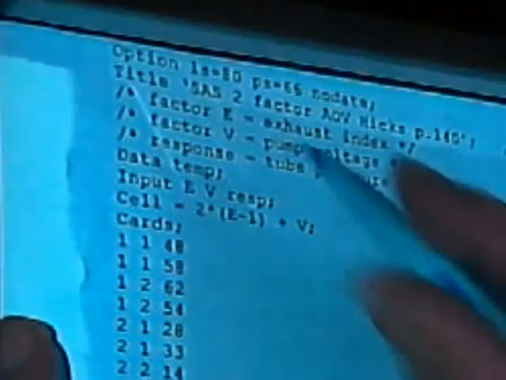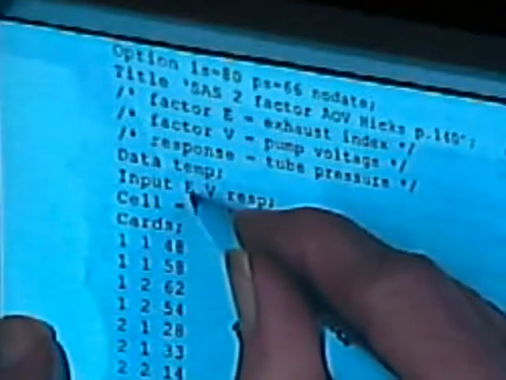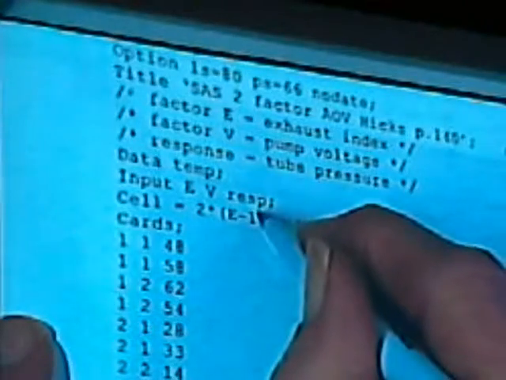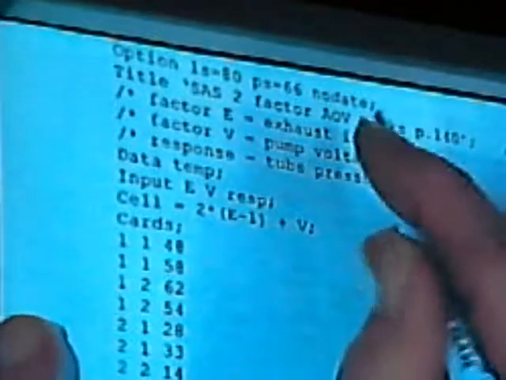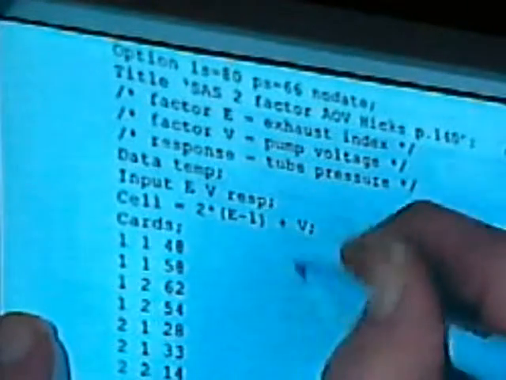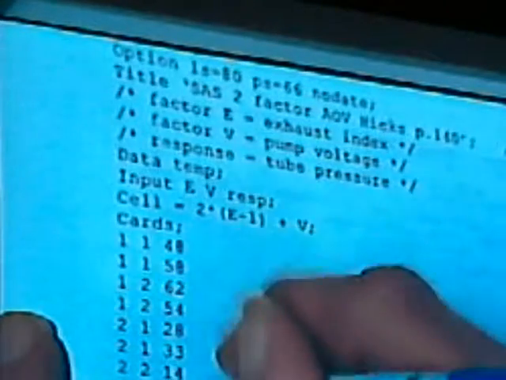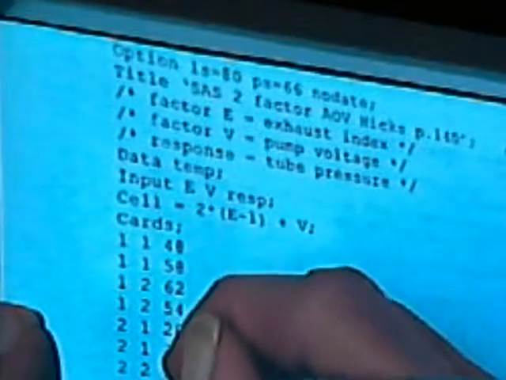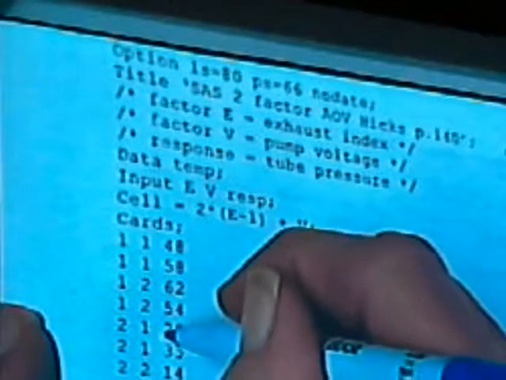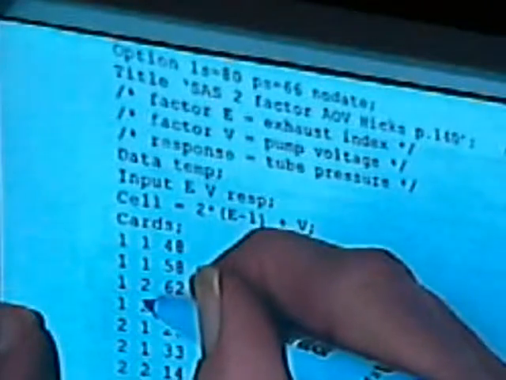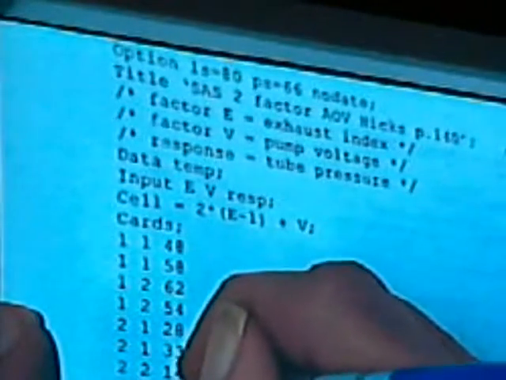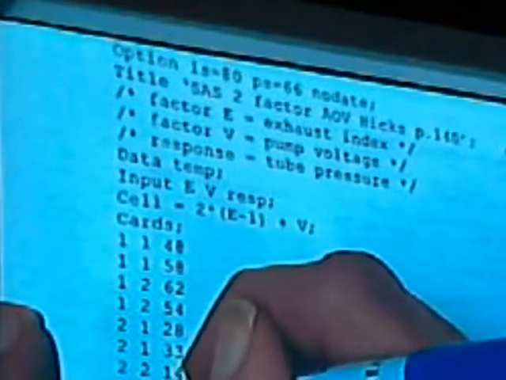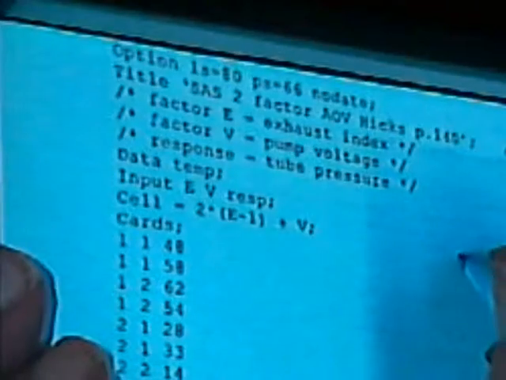So I'm going to enter E, V, and just call it response, RESP for short. So those columns are the data. So this variable E has 1, 2, 3 levels. Variable V has 1, 2 levels. So this is a 3 by 2 table. It would look like